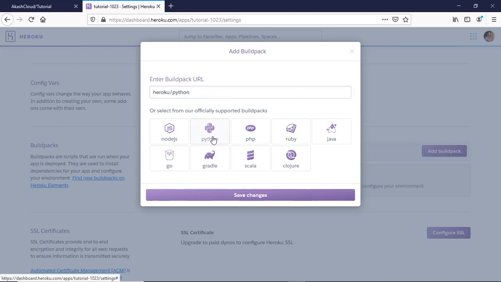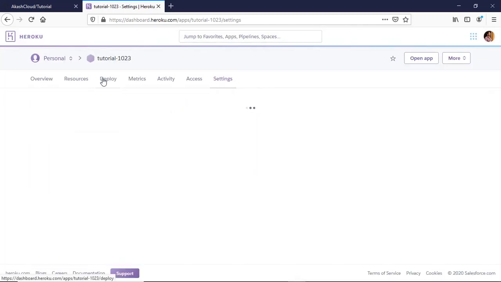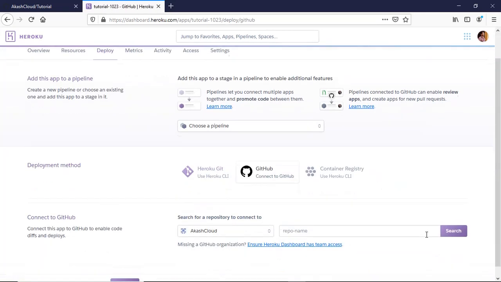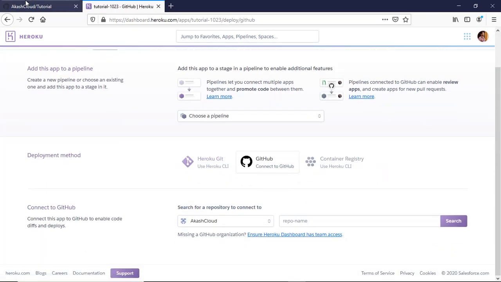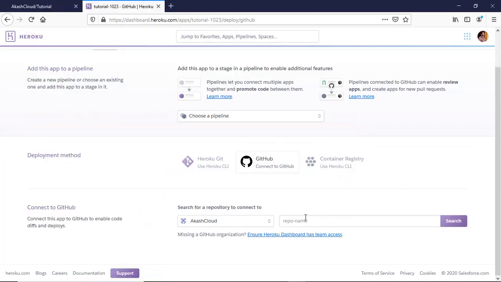We are using Python, so I'm going to choose Python and click save changes. Go back to the deploy section and connect your GitHub account here. The repository name is tutorial. So search here with your repository name, tutorial.